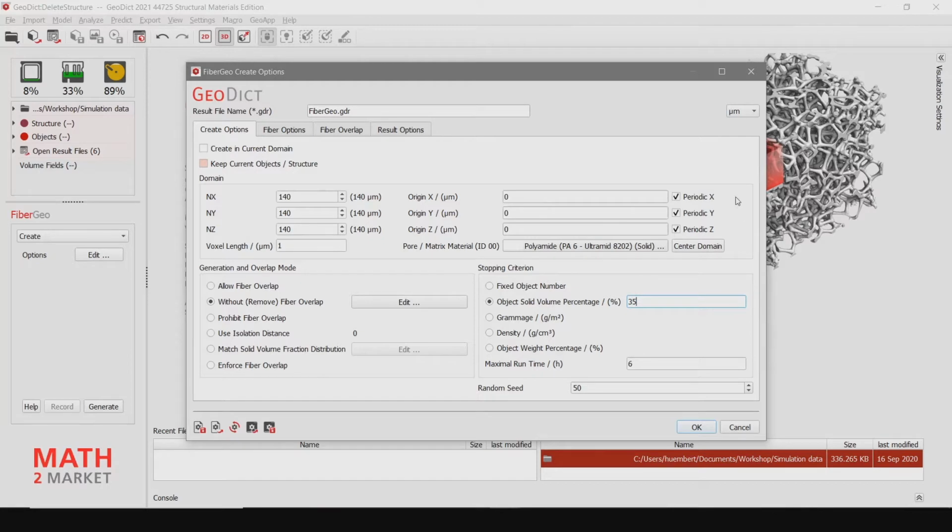One thing we also have to look at is whether the structure is going to be periodic or not. We are going to make endless fibers, and endless fibers cannot be generated as periodic structures. I will explain to you what periodic means later on, and then you will understand why we cannot make a periodic structure out of endless fibers. So just deactivate periodic for now.